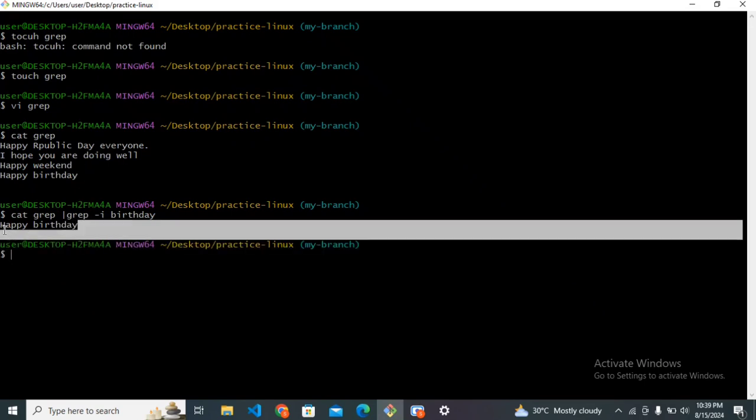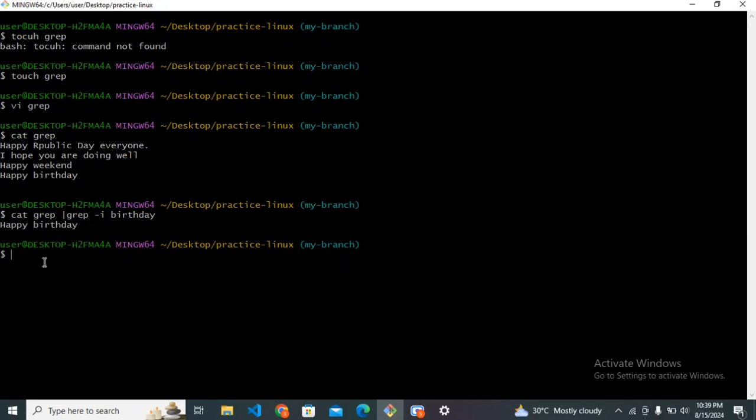This command is very powerful and very helpful when you want to debug any error, or check particular logs, and when you have thousands or multi-thousands of lines and you do not have much time to go through each and every line. So yes, the grep command is quite popular and very useful. Okay, so these are some few commands that I wanted to let you know. Hope you got some understanding about it. If not,